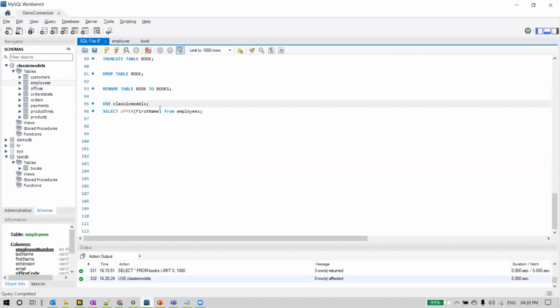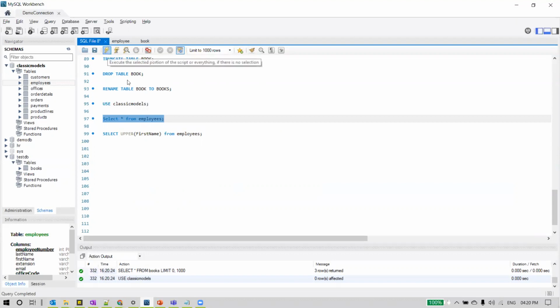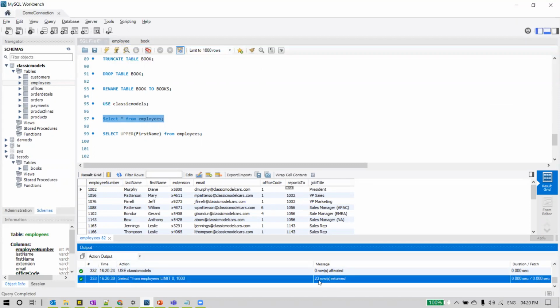Now we can execute this statement. First, let's see what's present in the employees table. Let us check that first. These are the different columns in the employees table, and this is the data we have. We can clearly see it has 23 rows.